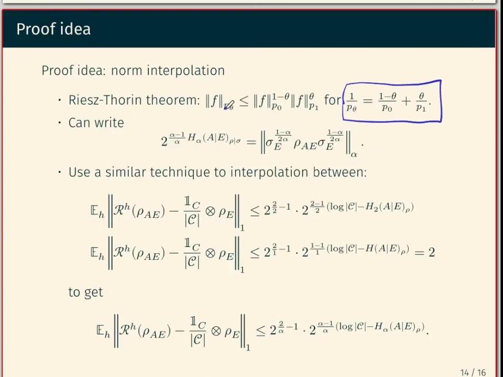And it's possible to prove that for any f, its p_theta norm is less than or equal to this quantity here that involves the p0 norm and the p1 norm. That's it. So we get some kind of interpolation between the p0 norm and the p1 norm. And what we do is use essentially the same idea as in the proof of the Riesz-Thorin theorem. So it turns out that we can write the Sandwiched Rényi entropy as a norm here, so as an alpha norm, so the same alpha that's here. And we can use a similar technique as in the proof of the Riesz-Thorin theorem to interpolate between two results,